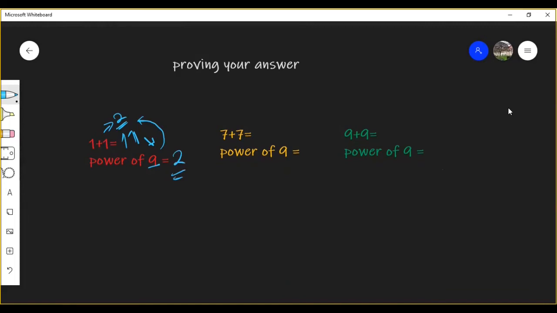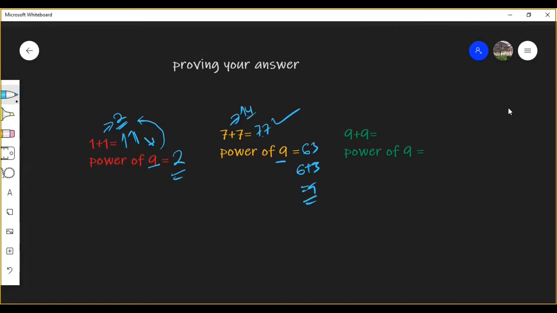Let's go to 7 plus 7. The normal situation will say that is 14. But if I say it's 77, it's also right. Because if I know the power of 9, I can subtract, and it will add down to 9. So let's say 77 minus 14, and of course I will get 63. Now when I get 63, if I add 6 plus 3, I'll get 9,